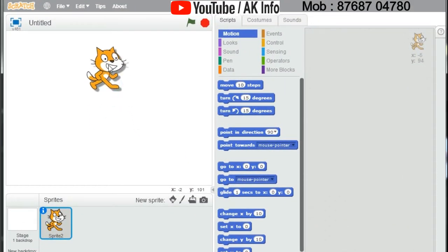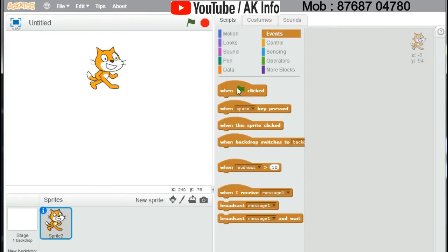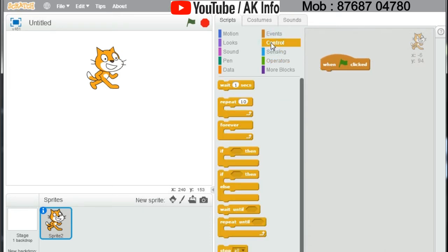First of all, go to event block, click and drag when clicked. Now go to control block, take forever.